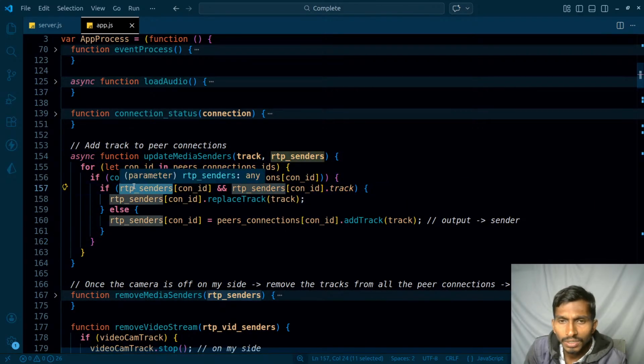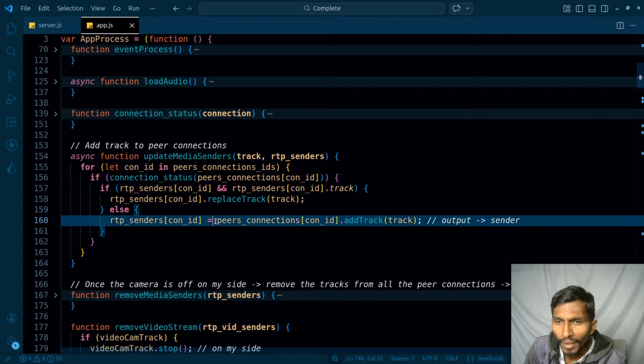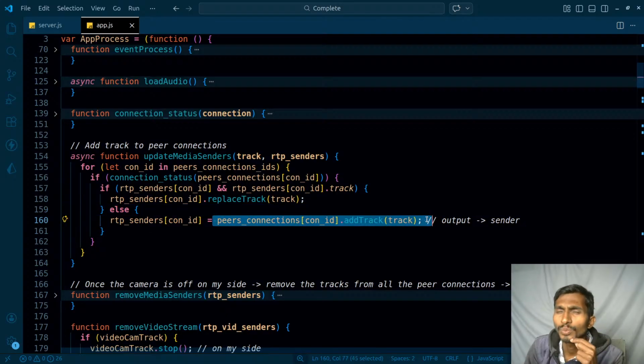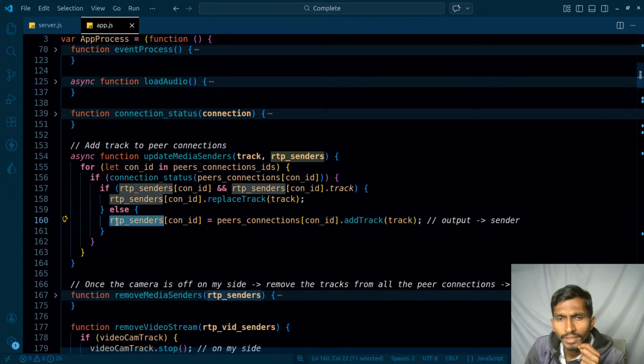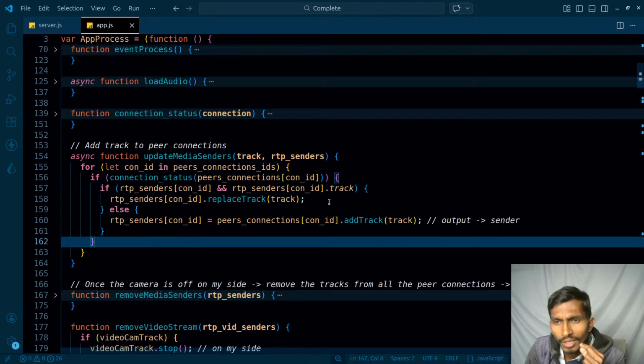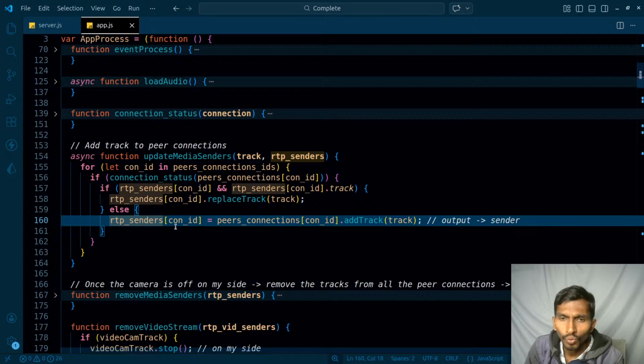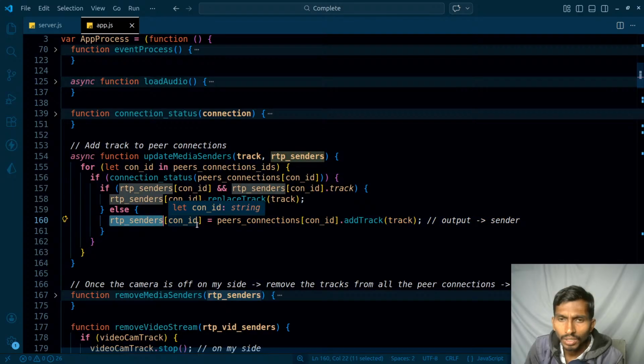I will have RTP senders. First of all, I am adding it to the peer connections, so it's being added to all the peer connections, and then I am getting the RTP sender as well. Whose ID is this? Connection ID. This is the connection ID of all the connections. That means when I turn the video on, so RTP senders,